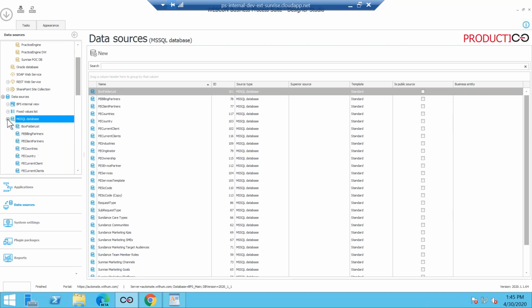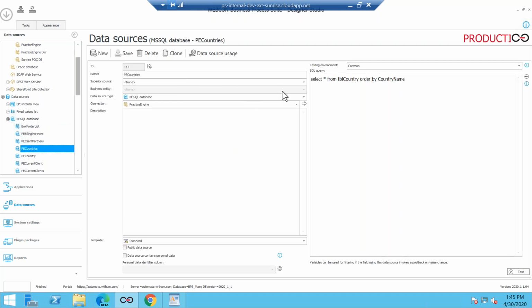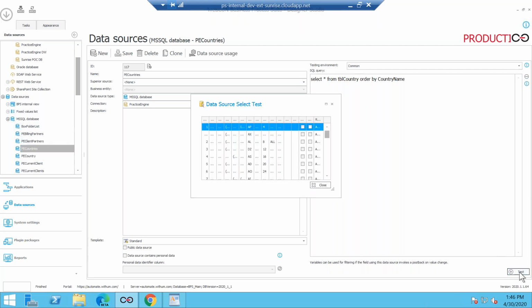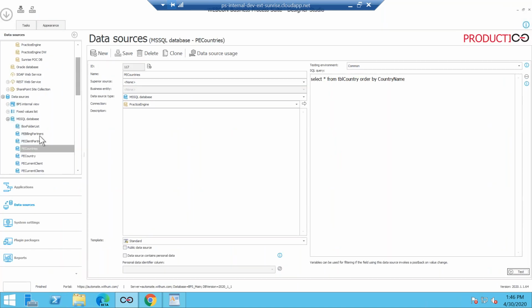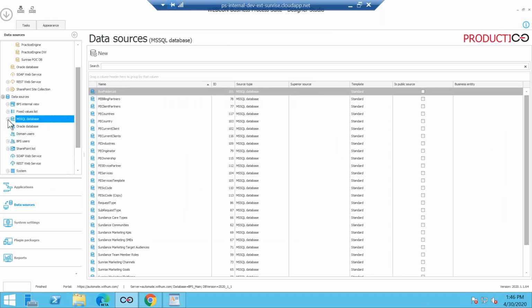And here we have something very similar to a fixed list. Here you could have something as a SQL query, write something as simple as this, and there you go. When you test it, you should have the names of countries right there. You see the result. And then if you remember, we showed you the drop down. You could connect to this data source, and then the country type and any of these columns can be mapped to any of the fields that's on the form, and that's how we do this data source connectivity.